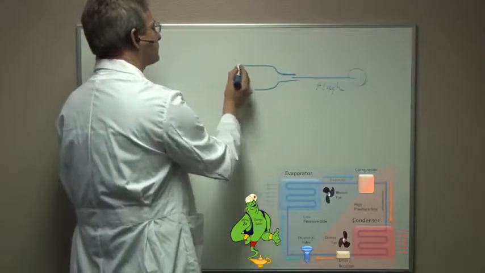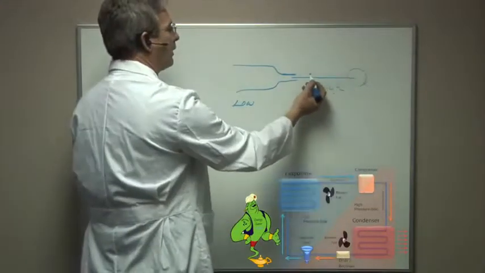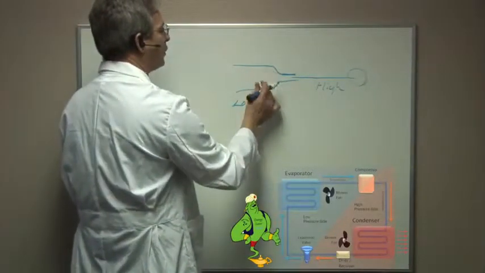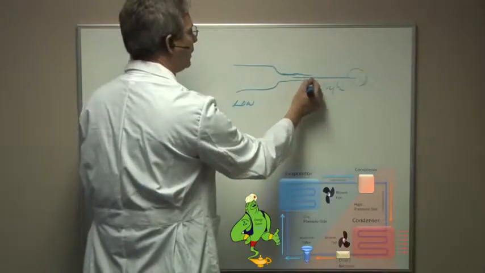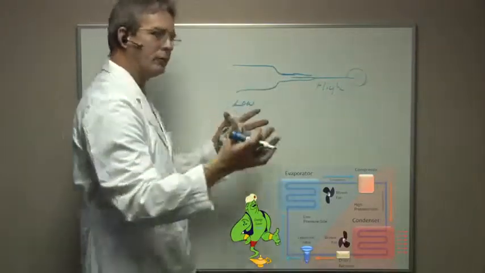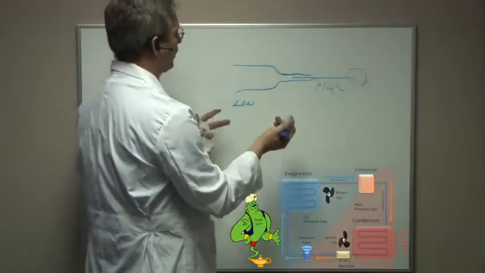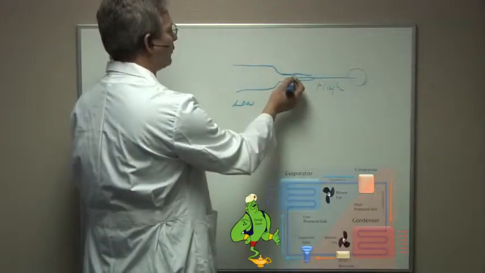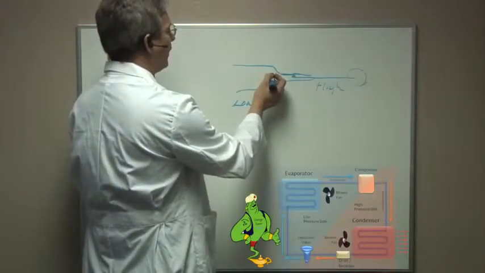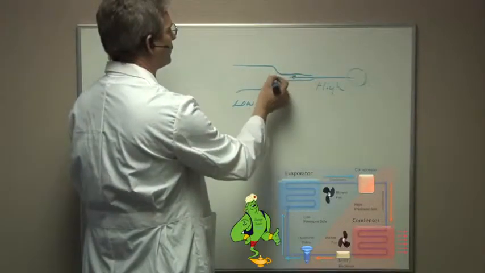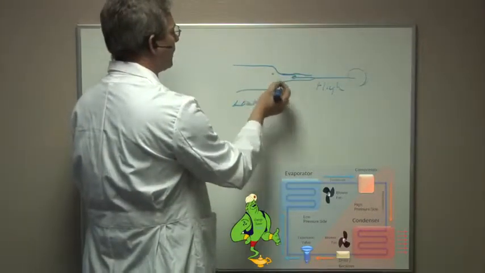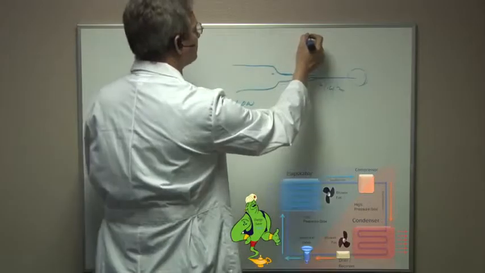What happens here? The superheated compressed gas comes to here, and as it hits this larger area, from this very small area to a large area, it expands. When it expands, it changes phase. When it changes phase, it allows it to come from a superheated gas, rather, to a liquid in here. The problem with this is when H2O,